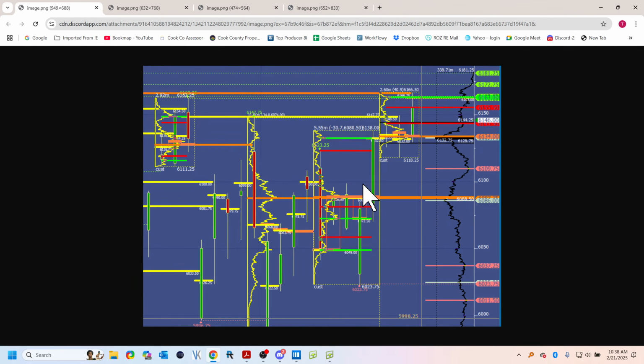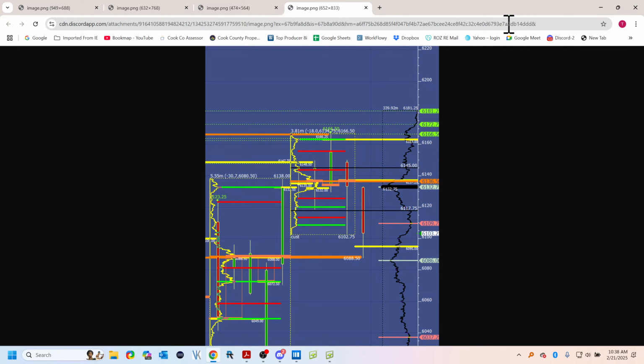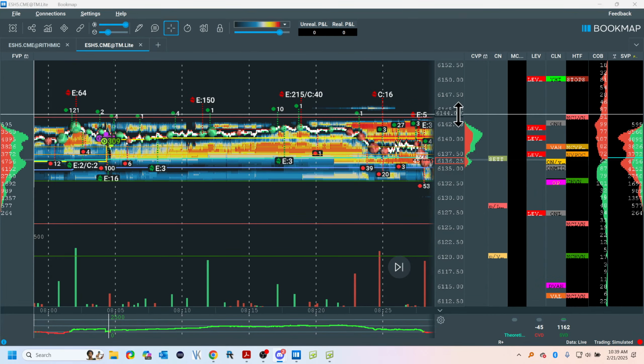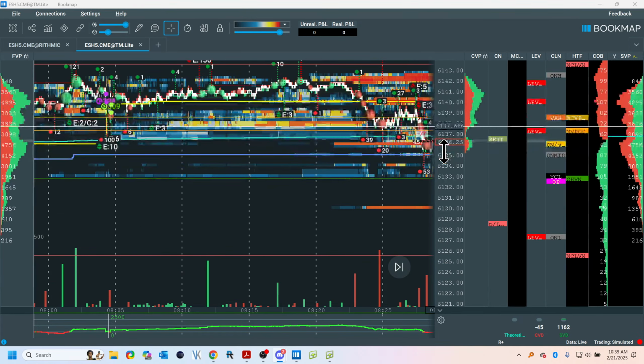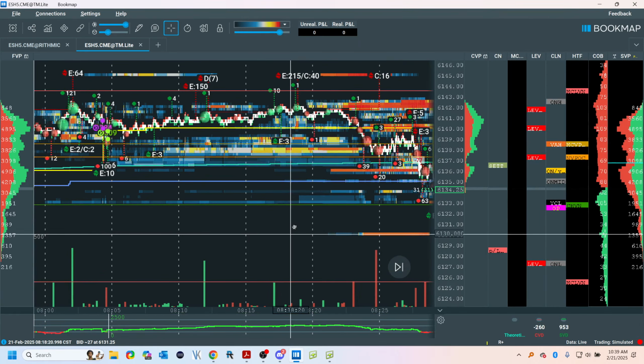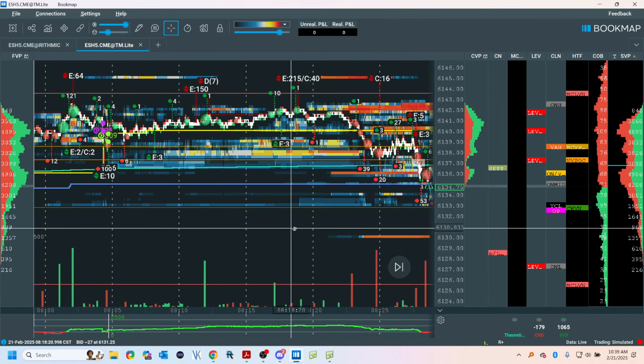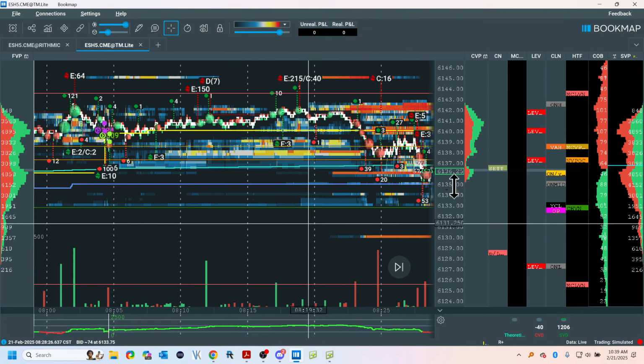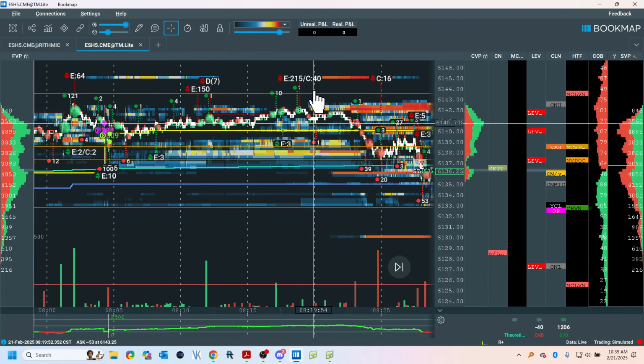Now, the joy, of course, of trading is the rotations are random, and that is very difficult for us because we're all in this idea that we can predict what's going to happen. And, of course, if you can, come to Trader Lab, help us out with that. But in the meantime, the business of trading is not being in the prediction business. I think it's more like being in the maybe business. Maybe it'll do this, maybe it'll do that, maybe it won't do anything. So, now let's come to Bookmap.